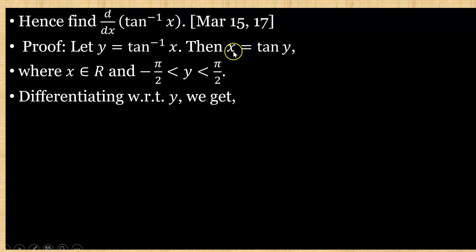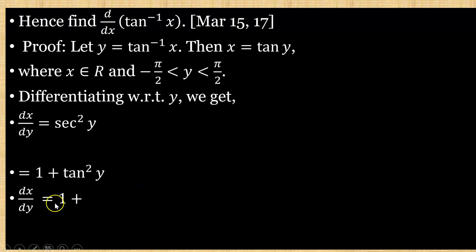Differentiate this with respect to y. Here y is a variable and now x is a function. Okay, therefore dx upon dy is equal to, what is the derivative of tan of y? Sec square y. But what is sec square y? By using the trigonometry identity, sec square y is 1 plus tan square y, and therefore dx upon dy is equal to, but what is the value of tan y? Tan y is x, and that gives dx upon dy is equal to 1 plus x square,